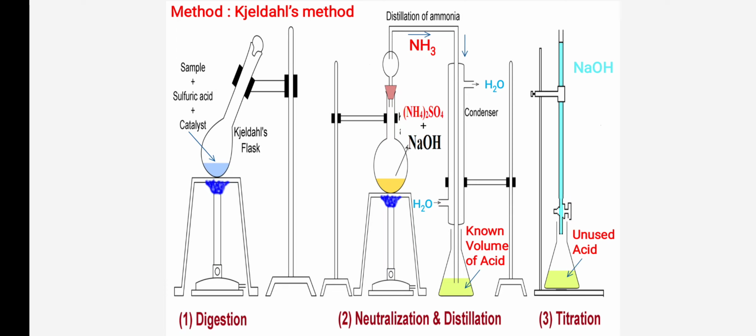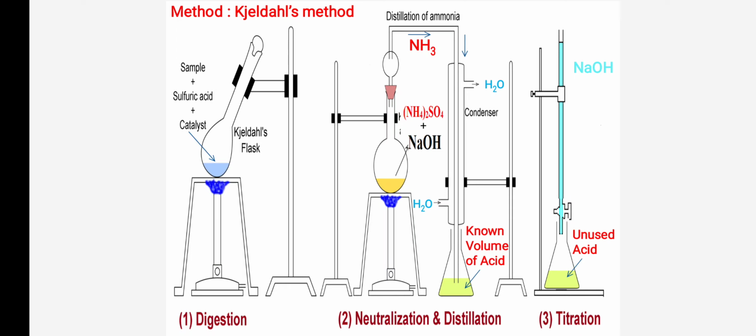After the bubbles stop, which get produced at the time of reaction between ammonia and acid, you take out that conical flask and keep it below a burette. What are we going to take in the burette? We are going to take NaOH in the burette and we are keeping the conical flask below the burette. Now what is present in the conical flask? Unused acid is present. Unused acid means some part of the acid is left behind after the reaction between the acid and ammonia. So ammonia consumes some part of the acid and some part of the acid is left behind.